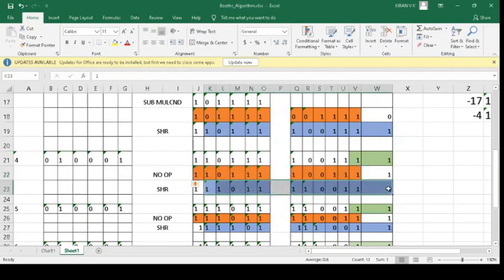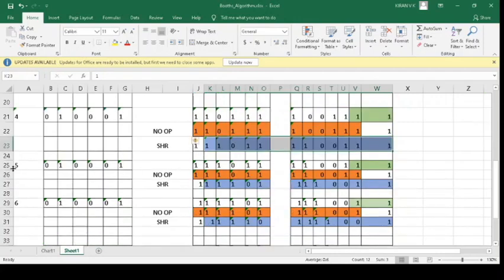Then we are going to stage 5. As usual, copy these bits exactly as such, including the Booth bit. Then observe the Booth bit and LSB of the multiplier, similar thing. So no operation has to be done, exact copy as usual. Then as usual we have to perform a shift right of these bits. They are shifted one bit to the right, into the Booth bit position.